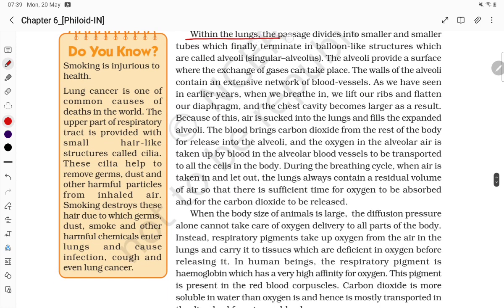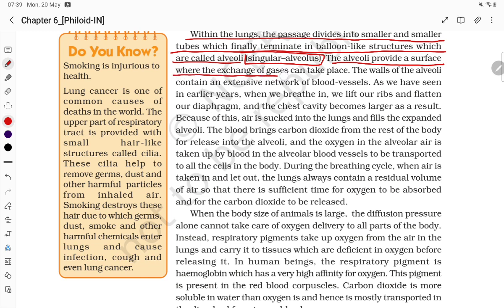Within the lungs, the passage divides into smaller tubes which finally terminate into balloon-like structures called the alveoli. Singular is alveolus. The alveoli provide a surface where the exchange of gases takes place. The wall of the alveoli contains an extensive network of blood vessels, as we have seen in earlier years when we